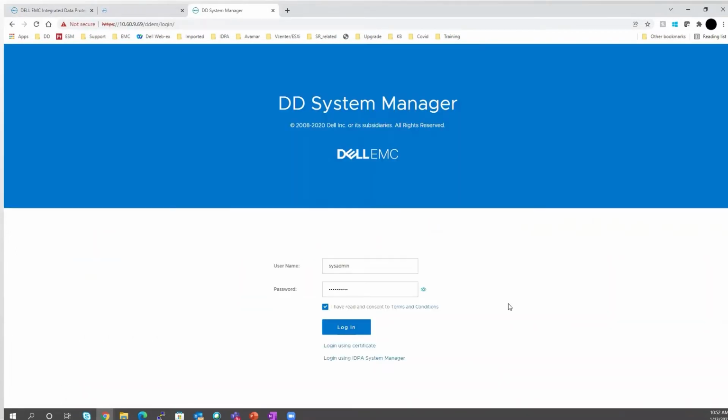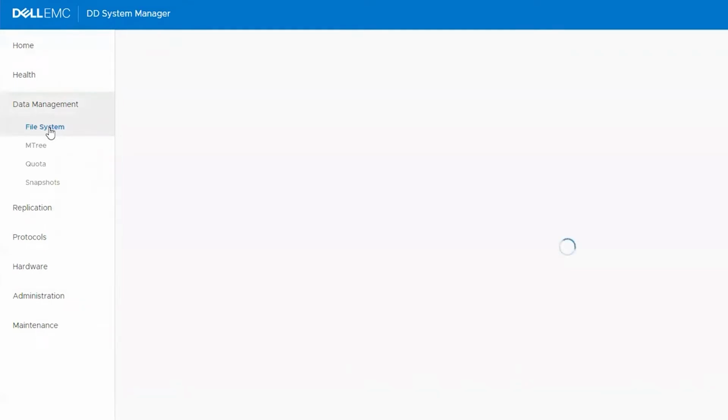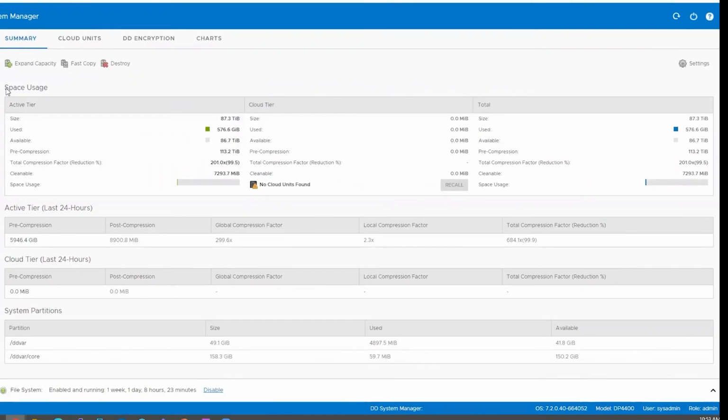Once you do that, you will be redirected here, and then you can log into the Data Domain UI. Once you're logged in, you can come to the Data Management tab in the left panel, come to the file system, and you will see the space usage in the dashboard. It will contain tier-wise active tier, cloud tier, as well as total utilization.